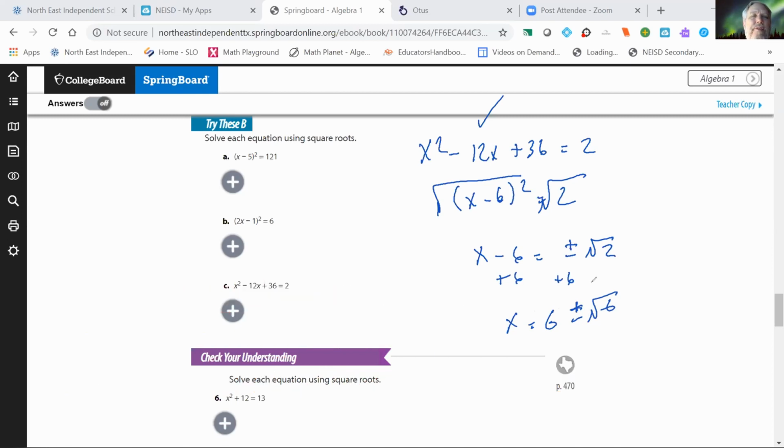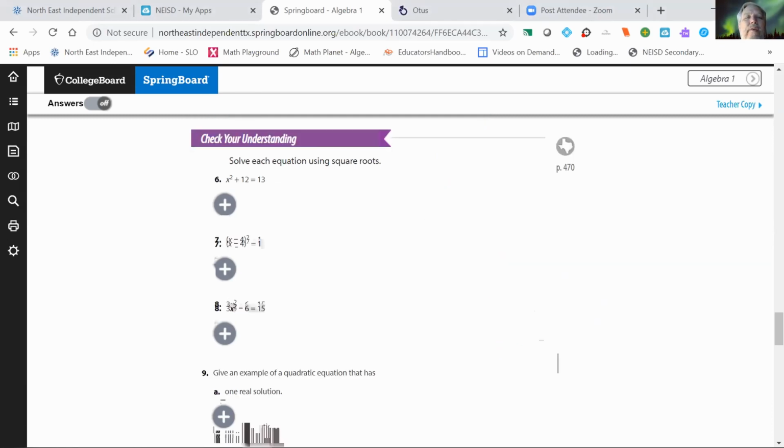All right, let's go ahead and do some of the check your understanding to make sure we're clear on these. Item 6, solve each equation using square root. So it's telling us we're going to be using square roots. That's kind of a hint. So we're going to start off with the first one, and it's going to be x squared minus 12